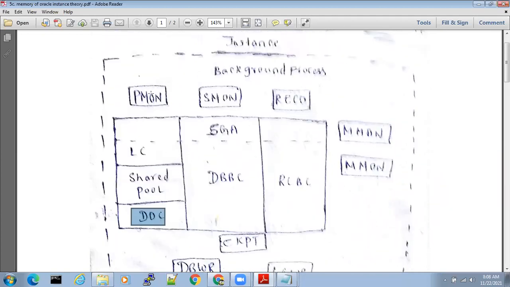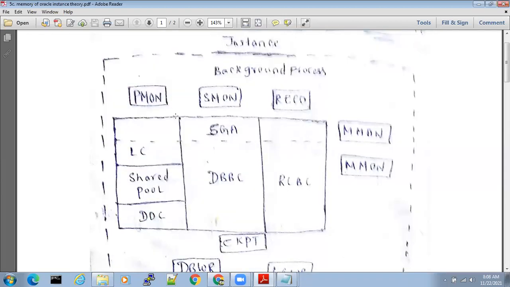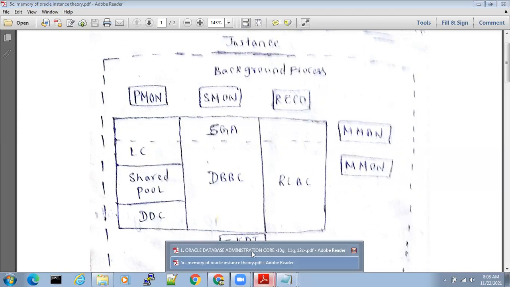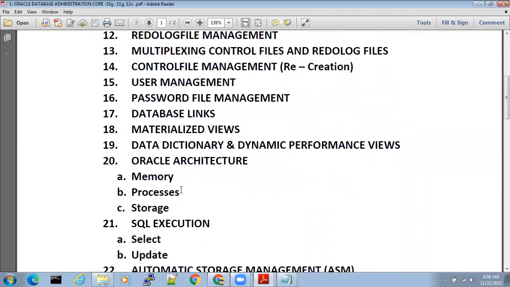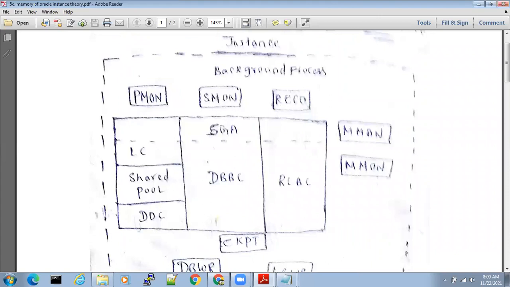Now, what is a background process? Why am I explaining all this? I'm giving only some knowledge, not full knowledge. Full knowledge you will get in the architecture class, which is very, very important in the life of an Oracle DBA. But I'm just giving you an overview, a quick glance, about what is the instance and everything.